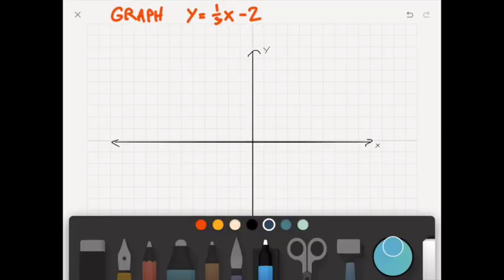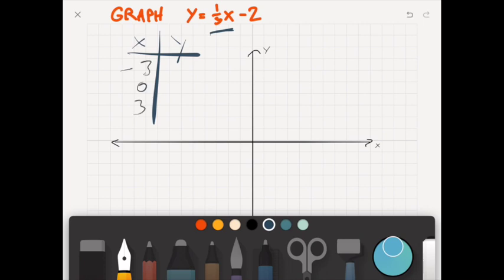I'll show you another one really quickly. Probably not going to spend quite as much time on it. Here's one with y equals 1/3 x minus 2. As I come up with my x and my y values, in this case I see that I'm going to be dividing by 3 to whatever x is, so I might make my life easy and pick multiples of 3. So like I might say I want x to be -3, 0, and 3, so that when I divide I